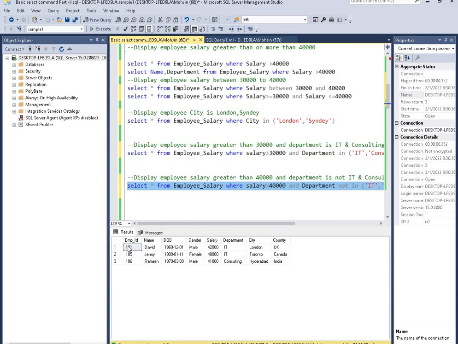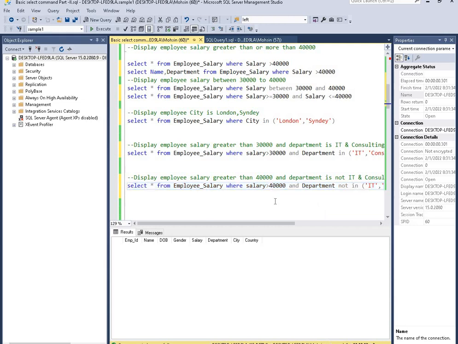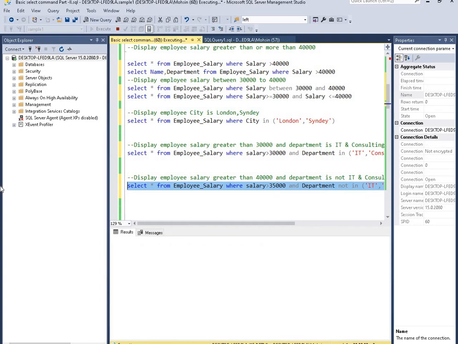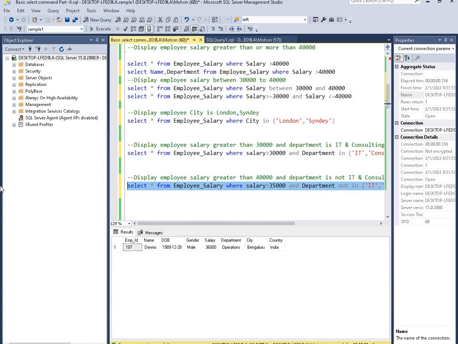Nobody is on 40,000 apart from IT and consulting, so let's make it 35,000. Let's see anybody who earned more than 35,000 apart from IT and consulting. One guy, Dennis, earned 36,000. His department is operations.